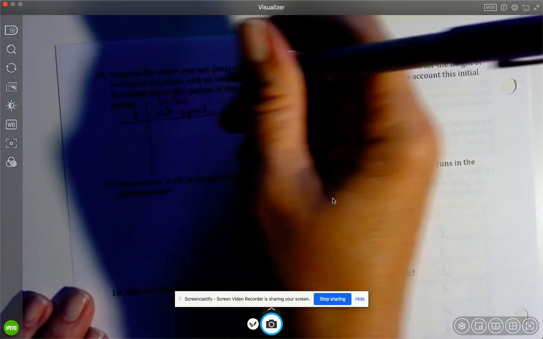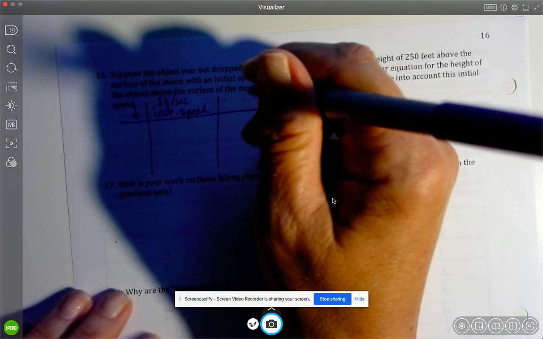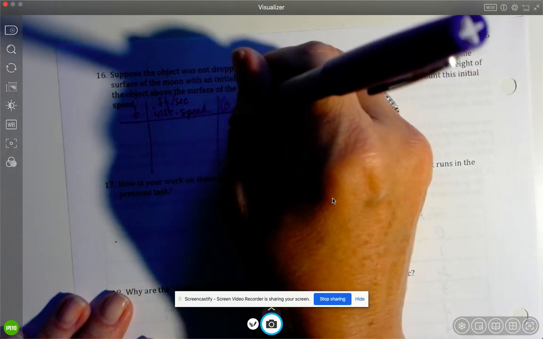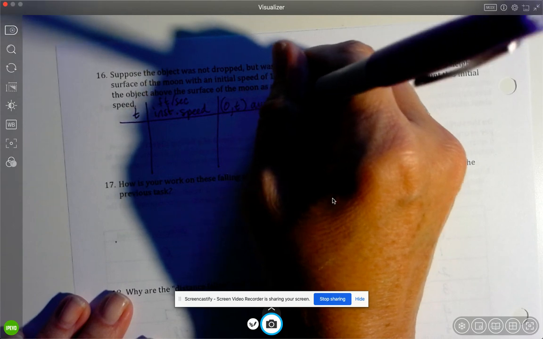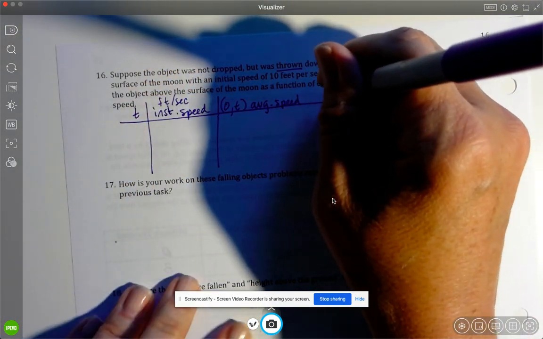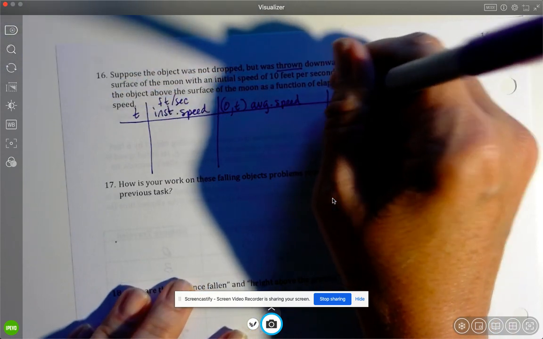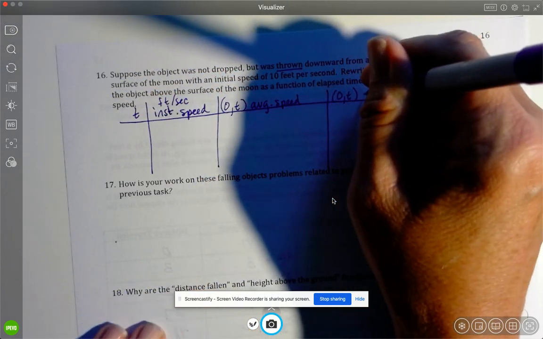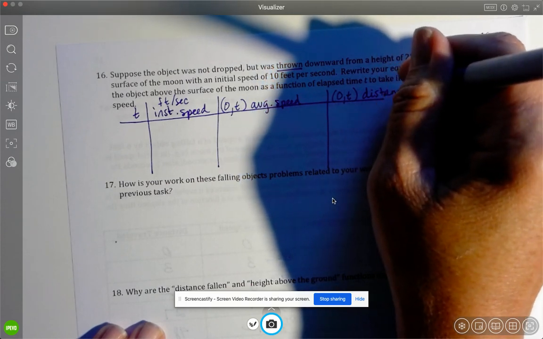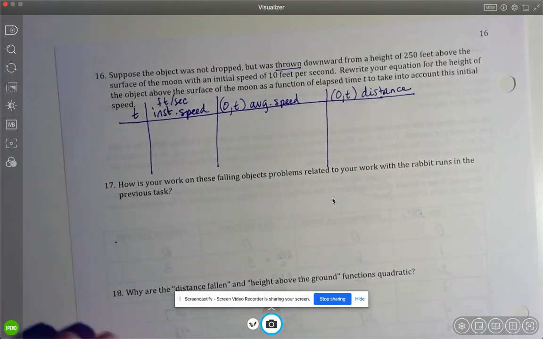And then the next thing we had was on the interval 0 to t, what the average speed was. And then on the interval from 0 to t, the distance traveled. Okay, so